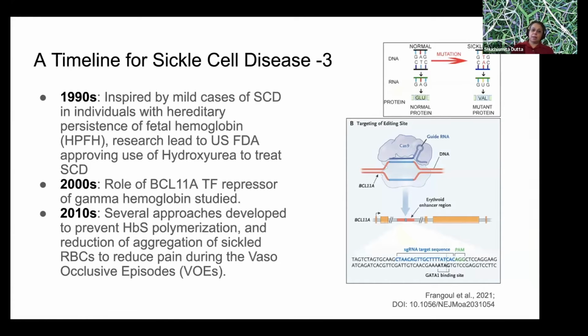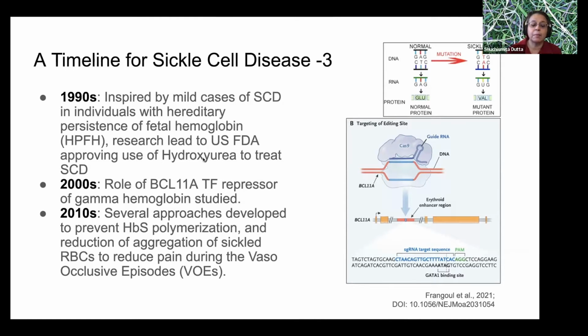So continuing the timeline, in the 1990s, it was noted there were certain people who had a very mild form of sickle cell disease. And this was associated with the presence of this hereditary persistence of fetal hemoglobin. And this actually inspired research and treatment leading to the use of hydroxyurea to treat sickle cell disease. So hydroxyurea actually